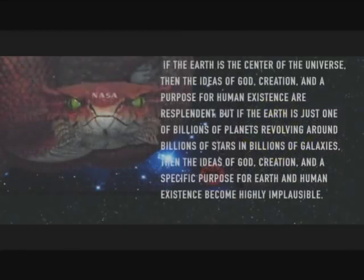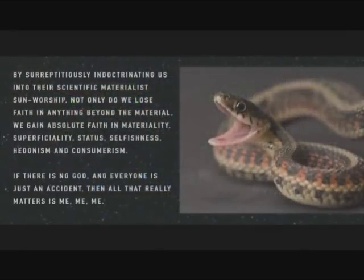If the Earth is the center of the universe, then the ideas of God, creation, and a purpose for human existence are resplendent. But if the Earth is just one of billions of planets revolving around billions of stars and billions of galaxies, then the ideas of God, creation, and a specific purpose for Earth and human existence become highly implausible. So by surreptitiously indoctrinating us into their scientific materialist sun worship, not only do we lose faith in anything